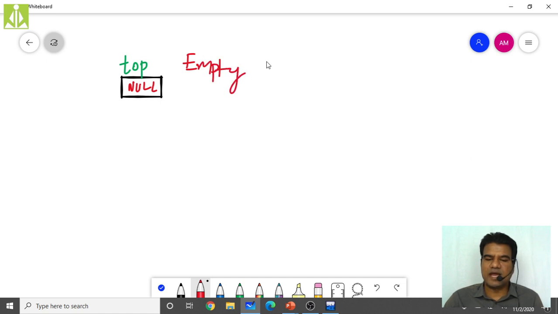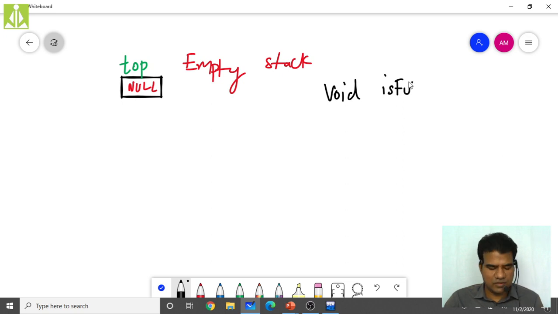So how can we write the code for this? How can we represent this emptiness? We simply have to use this function. This function is not going to return anything, so the return type will be void. The same function I'm going to write inside your coding as well. So the return type is void, and the function name is, sorry, not is full, is empty, because we are checking the emptiness.